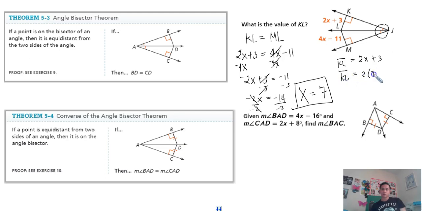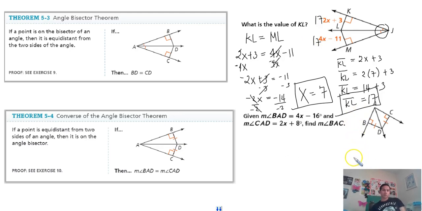So 2 times 7 plus 3. That is KL is equal to 14 plus 3. So the measurement of KL is 17. Same with LM: if this is 17, then LM is also 17. Okay, now